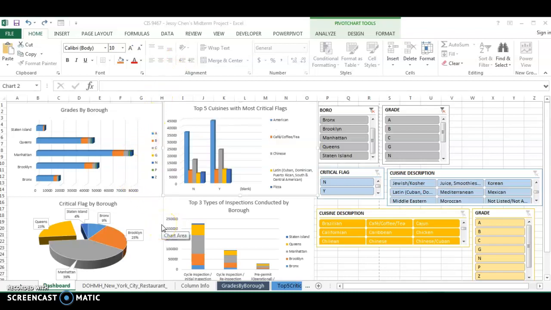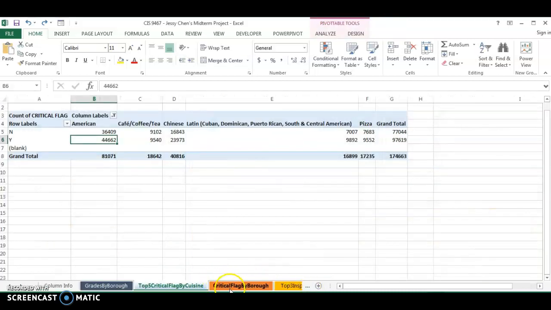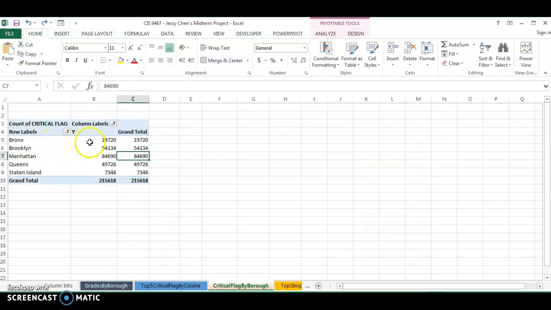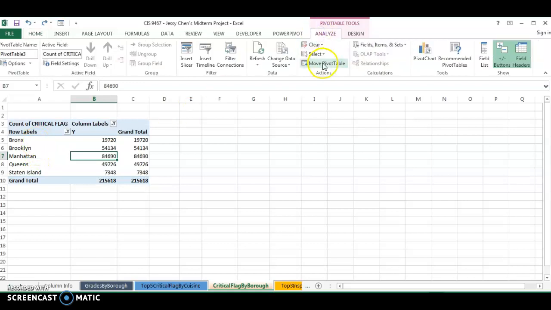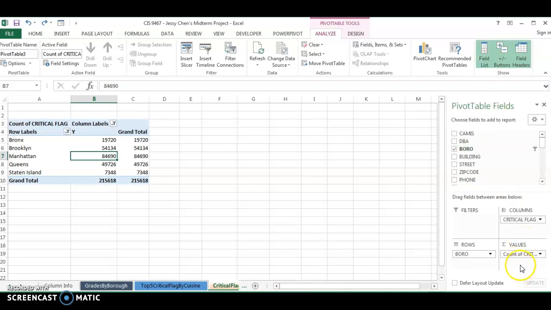And now moving on to my third graph from my dashboard, which is the critical flag by borough. I had created a pivot chart to see how many critical flags there were by borough. So I moved the rows to have the boroughs, and I moved the critical flags to count in the sum values field with critical